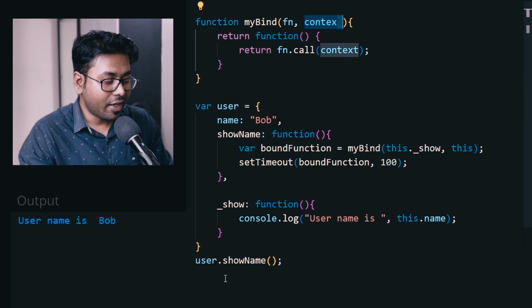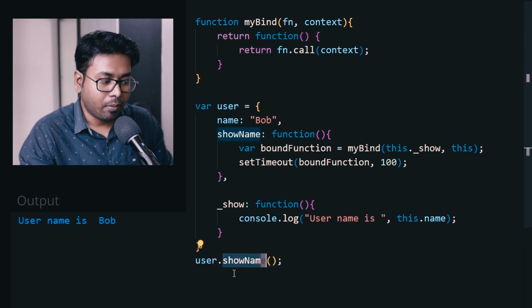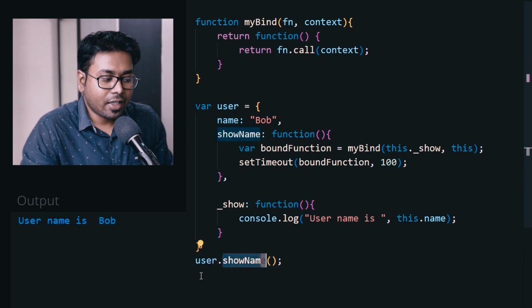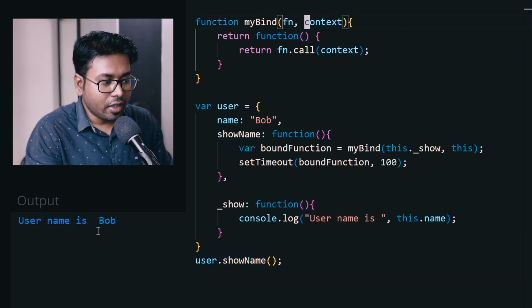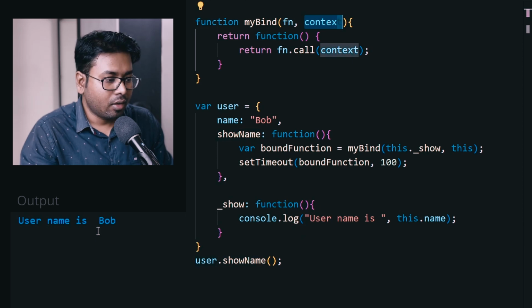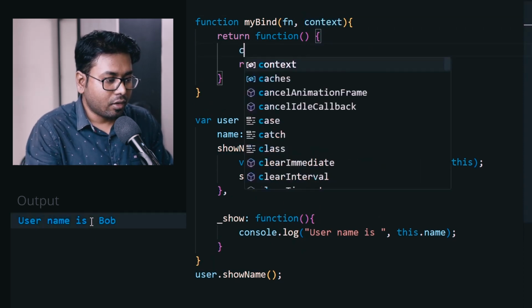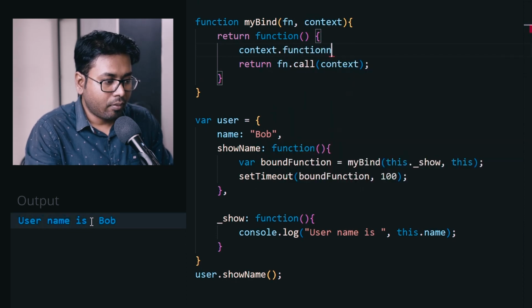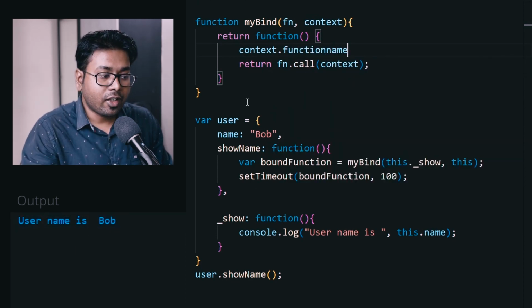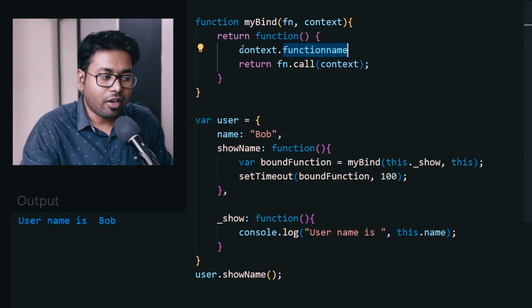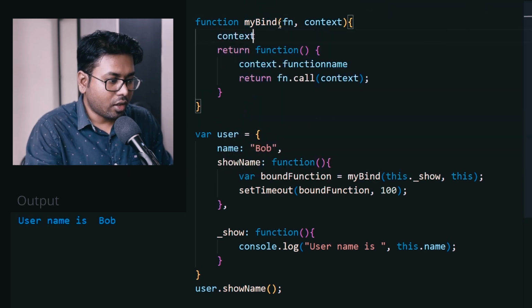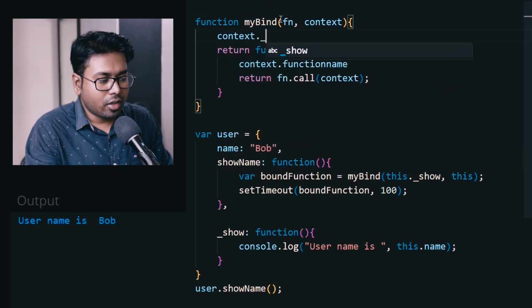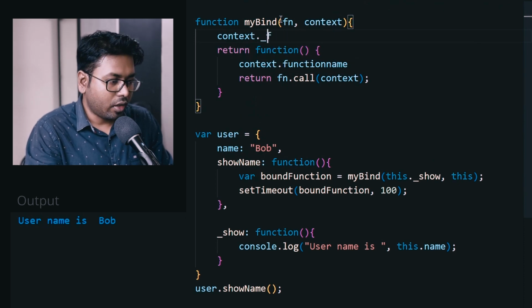Do you remember that I told you that when we call using the dot keyword, like object dot function name, then the function is called with that object as a context, right? Can we use that same thing here? So we have a context object, right? If I use something like context dot some function name, then our problem is solved. This function is going to be called with the context, right? So let's do that. Why not use context dot, let's call it inner function, or let's call it underscore fn,